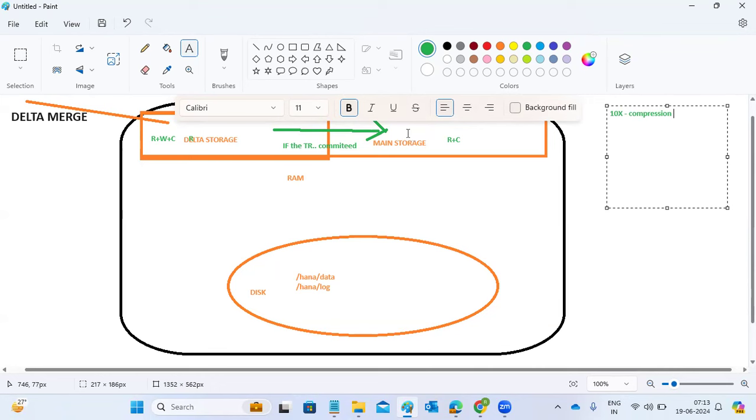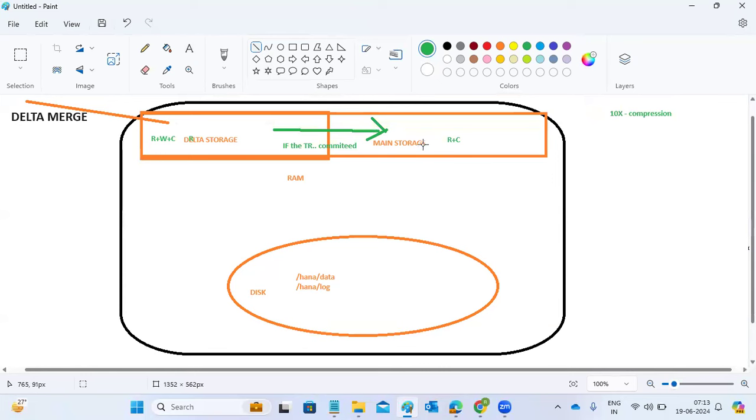Delta merge operations, right? That is the delta merge. Sir, you told that main memory is the volatile memory. One data is saving here. Then whenever any restart happens, all the data will be gone, right? No. Once the data reaches the main storage, the same data will go to the operating system